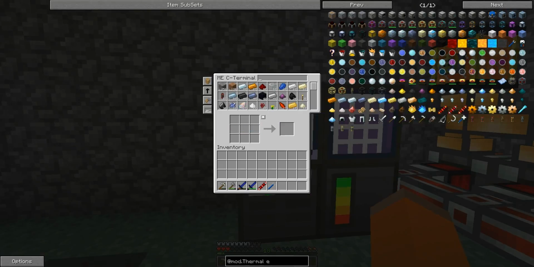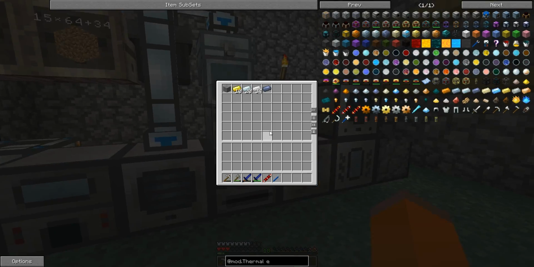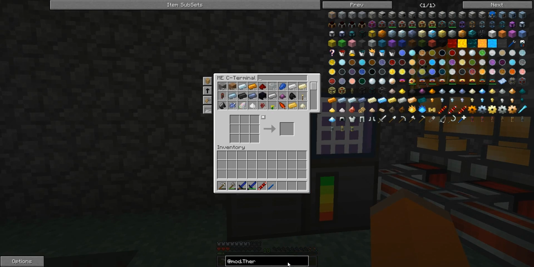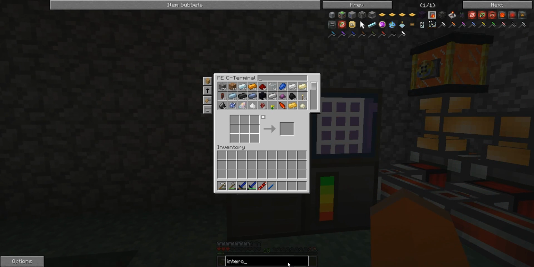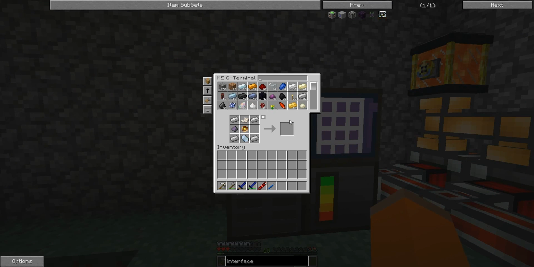I apologize for that. Now that we've got this set up, what I want to do is start automatically importing all of our ingots and such in here into our ME system. So what I'm going to do for that is get something called an interface, which we've crafted before, but never really used. So yeah, fluix,